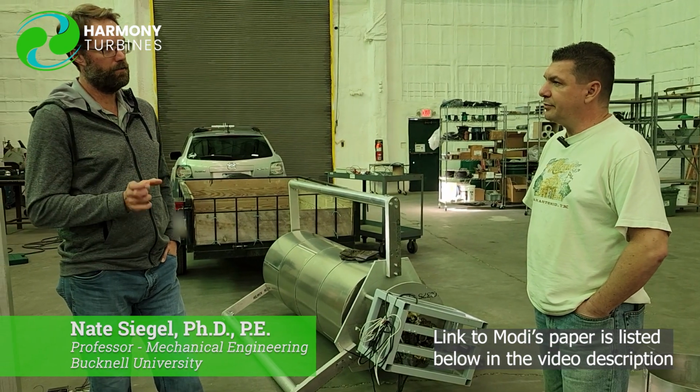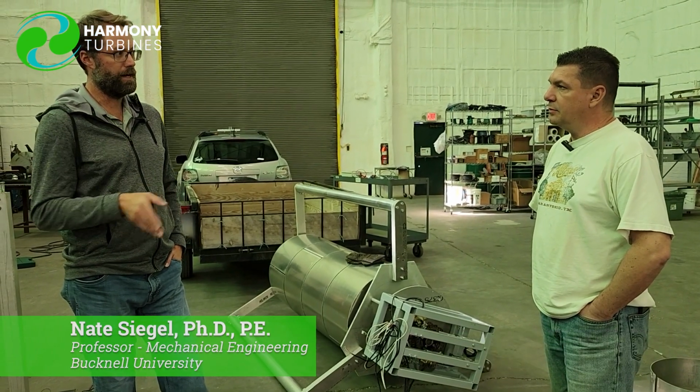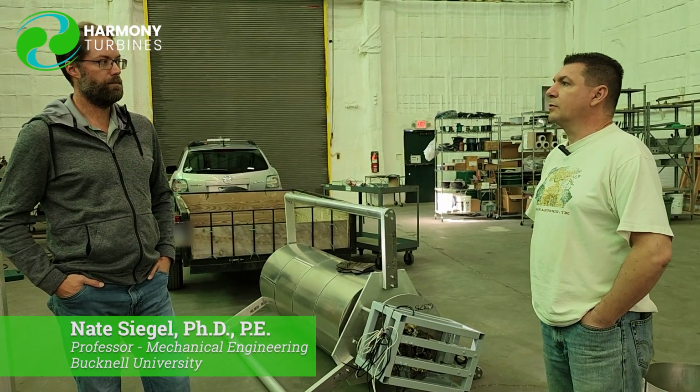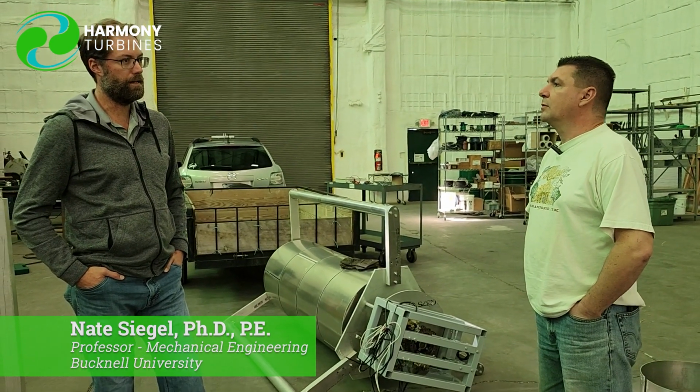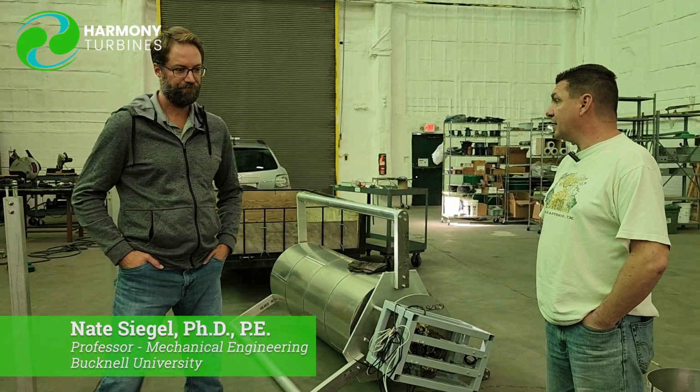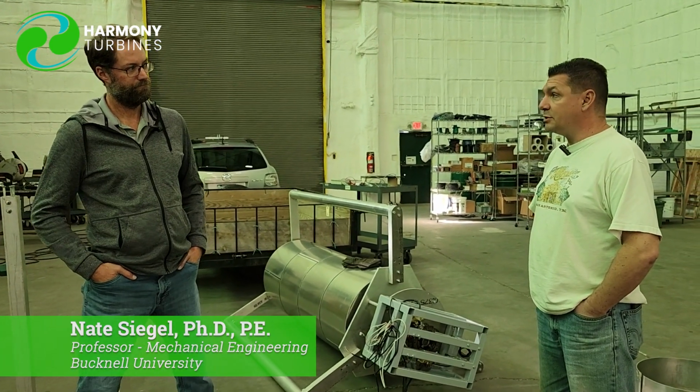So I tried to point out where the differences were in the shape of the airfoil. Right. And I think it might actually make a pretty big difference at your 25 mile per hour design point. Right. So yeah, I'm really curious to see once we finally start getting some data from our own generator,